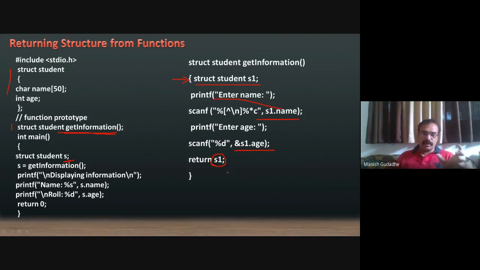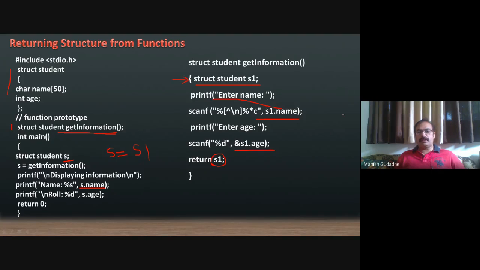Even though it's a huge element, it is treated as a single element always. That's why it is possible for us to return a structure variable. And always remember, one function can return only one value, but s1 itself is considered as a single value or single unit. That's why it is possible for us to return it. Okay, so s1 will be returned to s. So it becomes s is equal to s1 virtually, not exactly. s becomes s1. That means s.age becomes s1.age, and s.name becomes s1.name. So it will simply be copied.